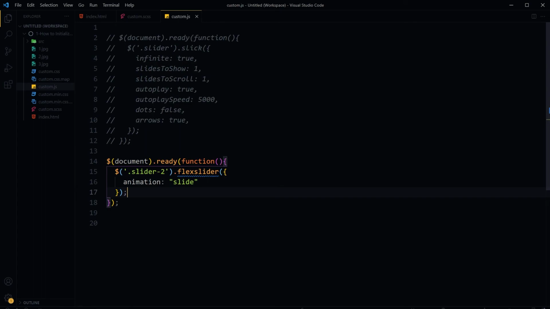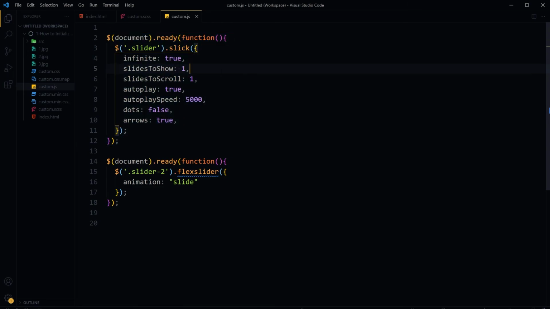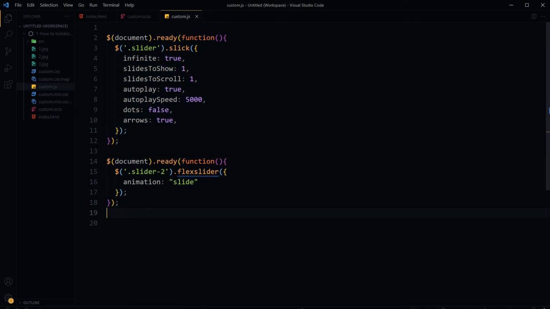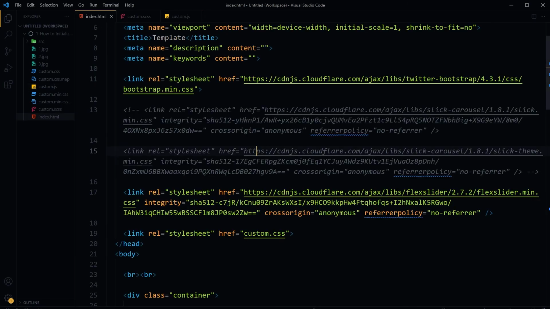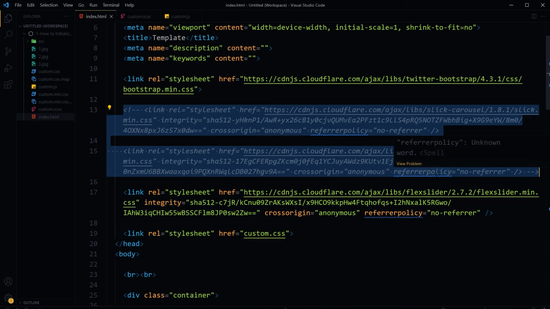And you can use multiple sliders as well. Like this was initializer for slick slider, this was initializer for flex slider, and let's uncomment this.